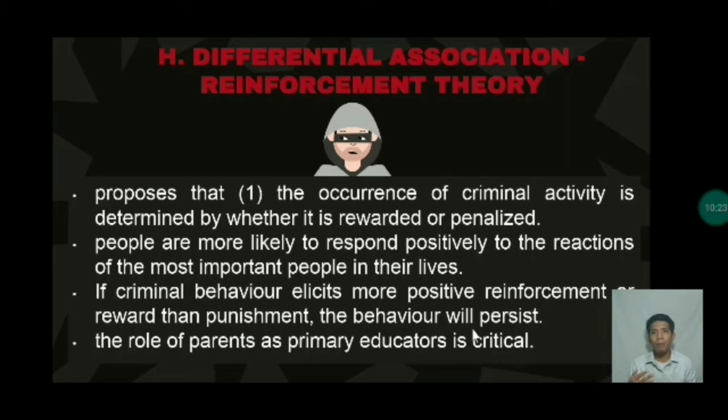So, that is how important differential association reinforcement is. That theory was developed by Ernest Burgess and Ronald L. Akers. So that's the differential association reinforcement theory. So next we have